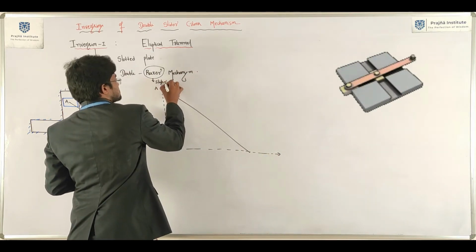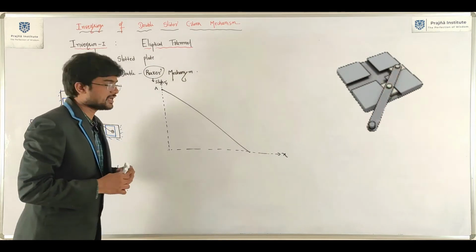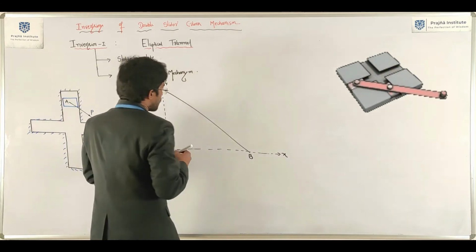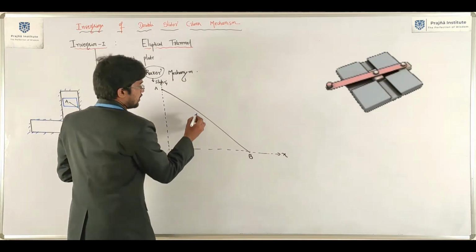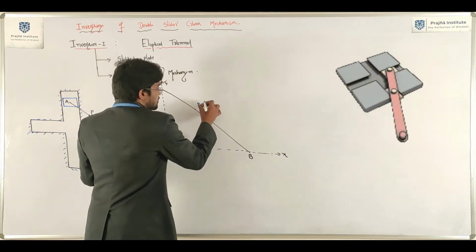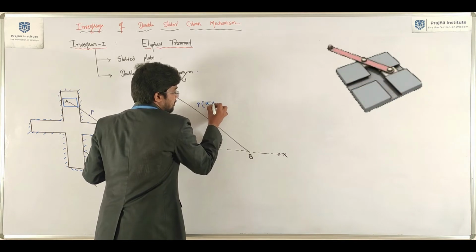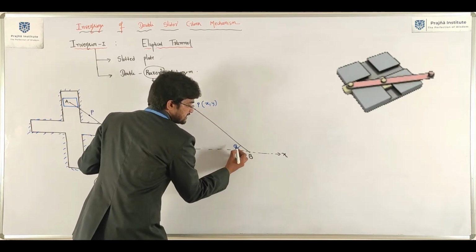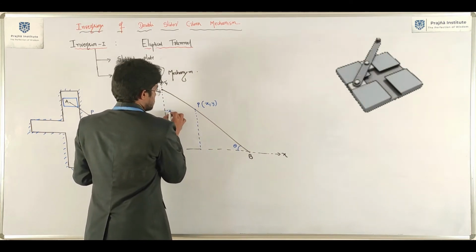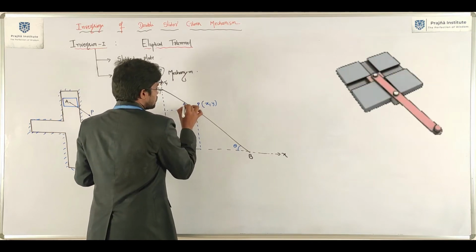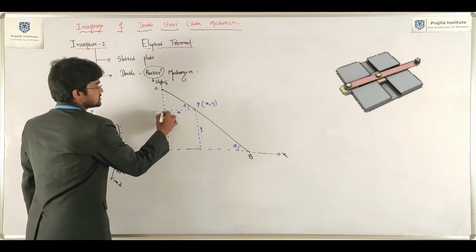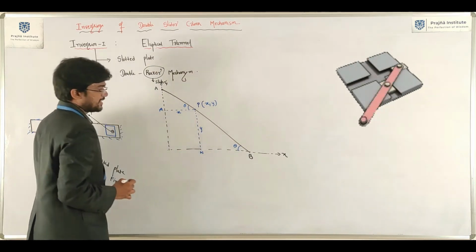It is the y-axis, it is the x-axis, clear? So it is the coupler link. I am taking a point P somewhere on the coupler link. What is the point P? Tell me. X comma y. It is making an angle theta with the horizontal. Thus and thus. Here it is also theta. So can I say it is X? It will be Y. So we can take M. It will be N.